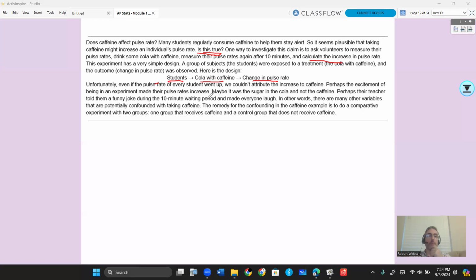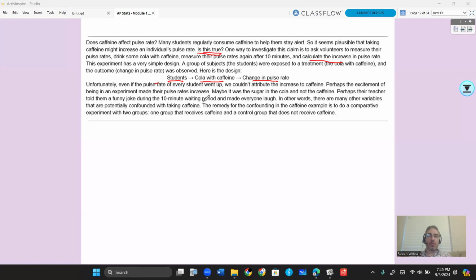Unfortunately, even if the pulse rate goes up for every student, we can't necessarily attribute that to caffeine. Maybe they're hyped up about the whole experiment and got it in their head that they're going to be more excited, so they're going to have a higher pulse rate. Maybe the sugar in the cola is affecting it. We don't know. Okay. So what we're going to be doing is we're going to have some sort of control